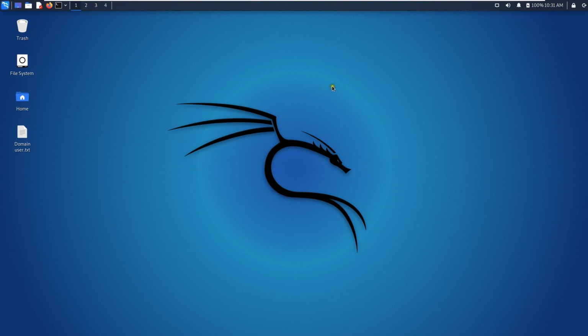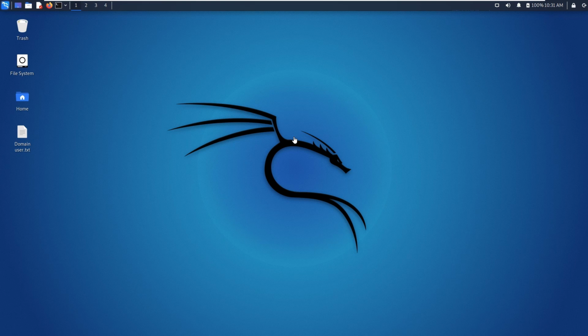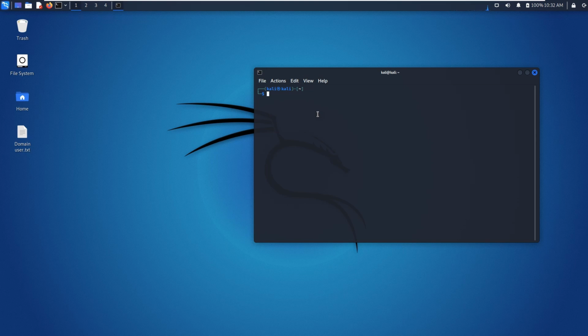First thing, I have Windows 11 and Kali Linux, so make sure you do have two machines. With that, let's open the terminal here. Once you open the terminal, let me make it bigger. So you have to type msfvenom